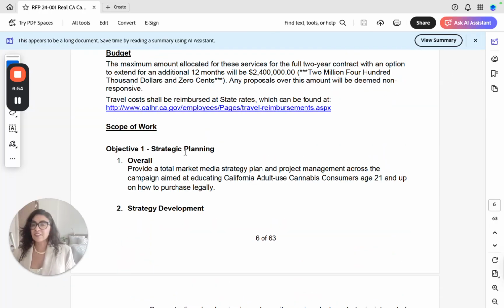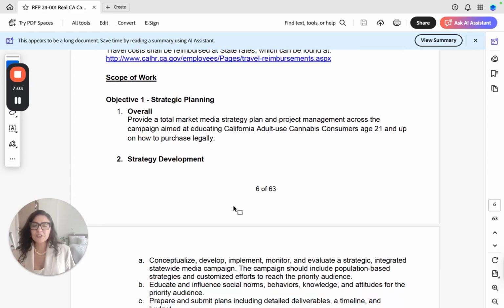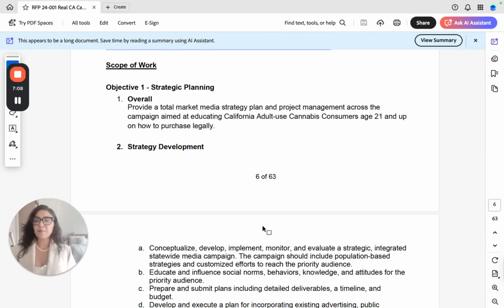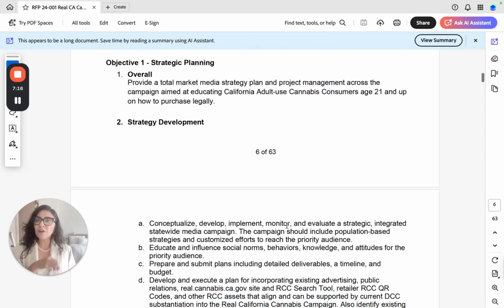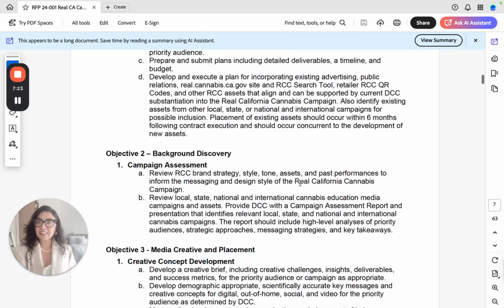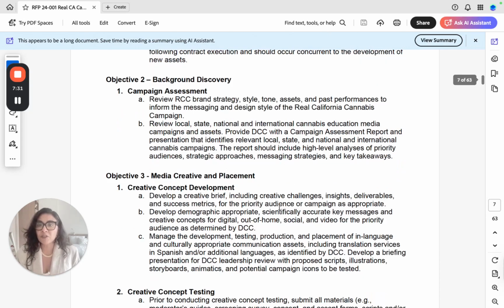Right here on page 6, so at the very top of the document: Scope of work. You'll want to make sure you mirror this language in your technical proposal, because this is the work that will be done once you are awarded the contract. You don't want to provide a work plan for every single one of these items, but you'll want to